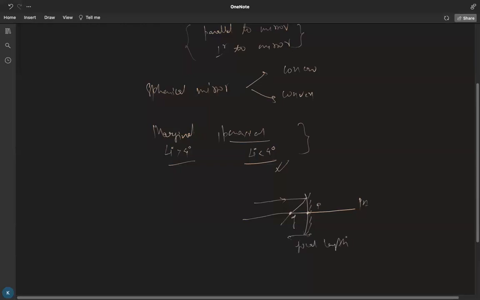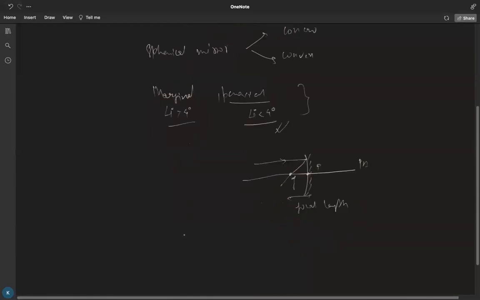So we covered all these things in the previous class. And we wrote a relation: focus is equal to r by 2, where r is the radius, the distance of the center of curvature to the pole. So f is equal to r by 2. Now in today's class,